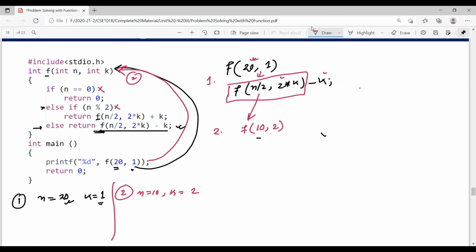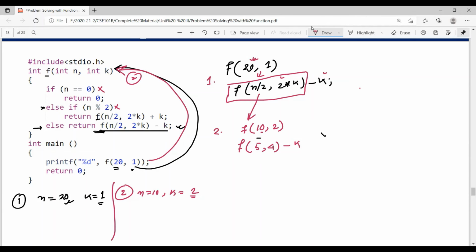So this will also generate what? A function call statement in else, f(n/2, 2*k) minus k. Earlier n is 10, so n by 2 now becomes 5. And 2 into k, 2 into 2 becomes 4, minus k. Correct? Got it?